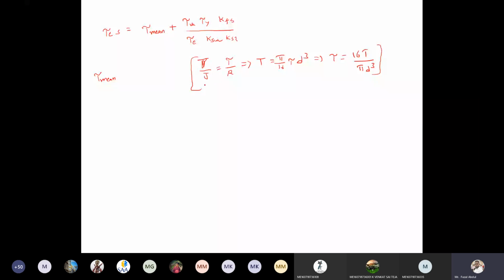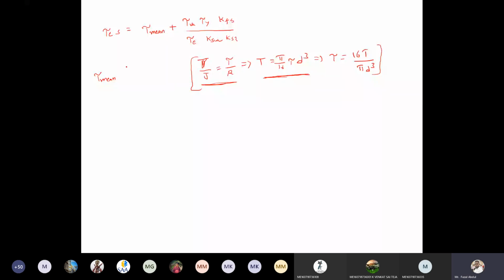From the torsion equation, T by J equals shear stress by R. This is the equation we will get if we derive this relation further for the solid shaft. How much torque is transmitted by the solid shaft, if the question asks? This is the equation. Tell this answer. From this we will get the maximum shear stress. Now this equation I'm using for calculating mean shear stress and variable shear stress.